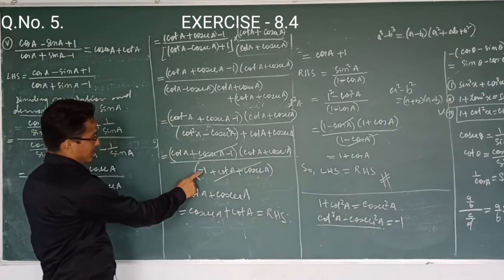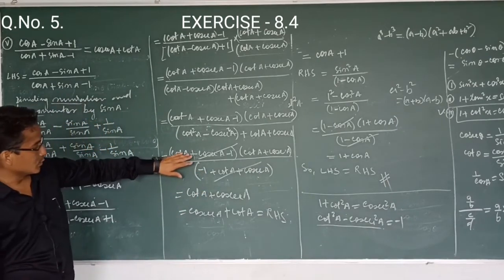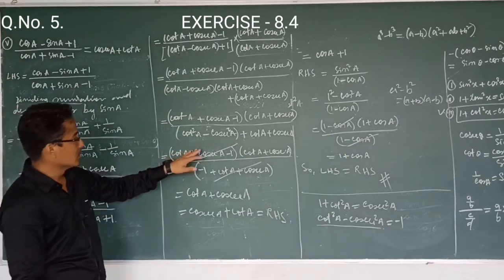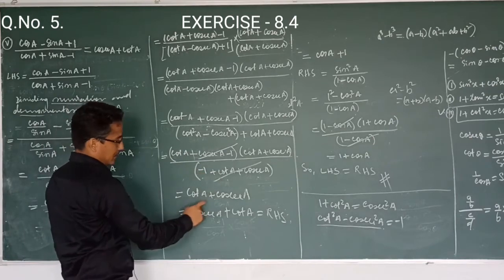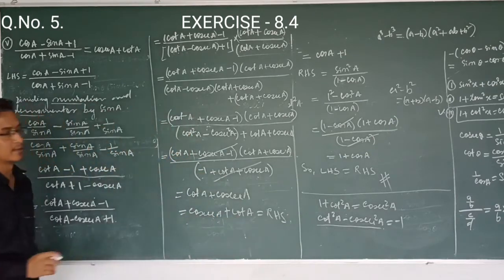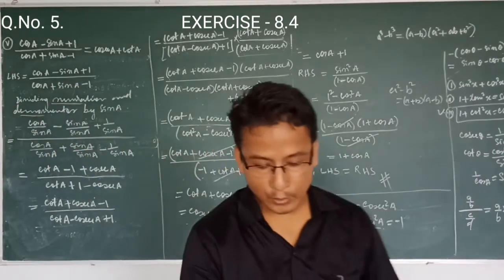We put the value as minus 1, and after putting the value we will see that one of the terms from the numerator will cancel the denominator. So after cancelling we will get our right hand side. This is our right hand side. Okay, if you want to note it down, then pause the video and note it properly. Okay, so next question, question number